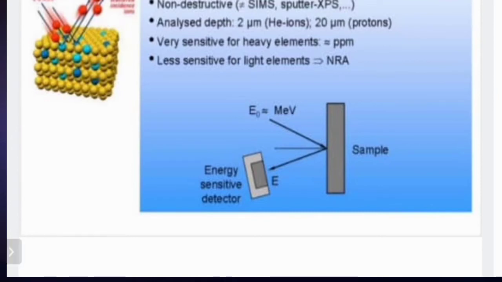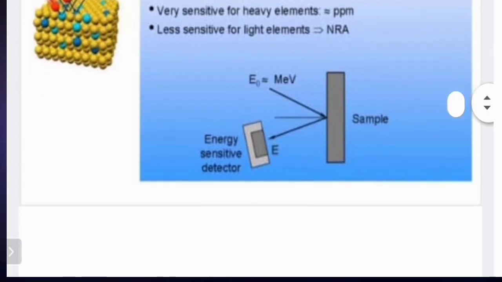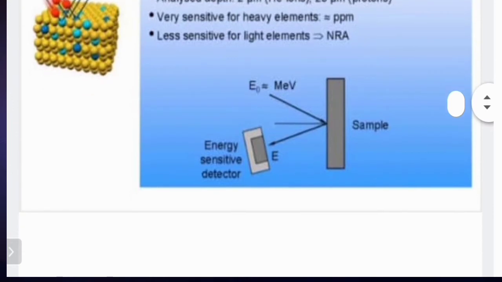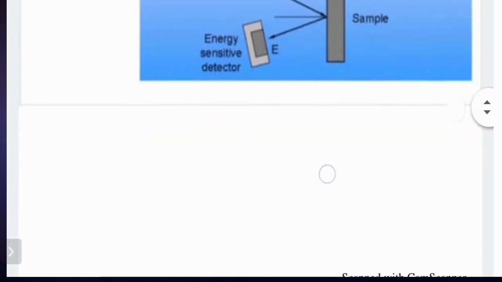Also, as we know, the scattering phenomenon is angle dependent. So we determine the scattering probability at various angles, which also decides the yield of our secondary ions. There is one formula which tells you all the parameters that change in the analysis of your solids. That formula is, okay, instrumentation we will see later on.